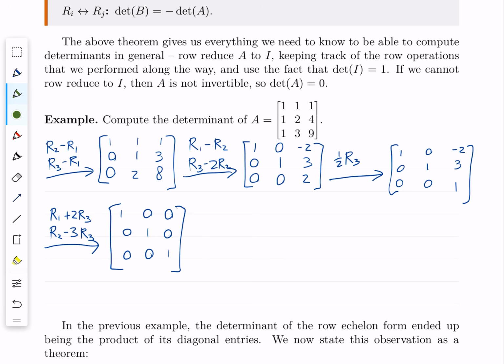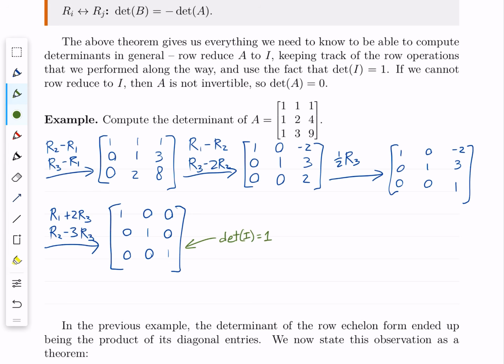What does that tell us, though, right? We row reduced it. We know the matrix is invertible because its reduced row echelon form is the identity, but what does that tell us about the determinants? Well, just trace it backwards now. After you've row reduced to the identity, just say, okay, great, that's the identity. And I know the identity has determinant 1. Right? And now just go back one step at a time, asking yourself, how did the determinant change when I